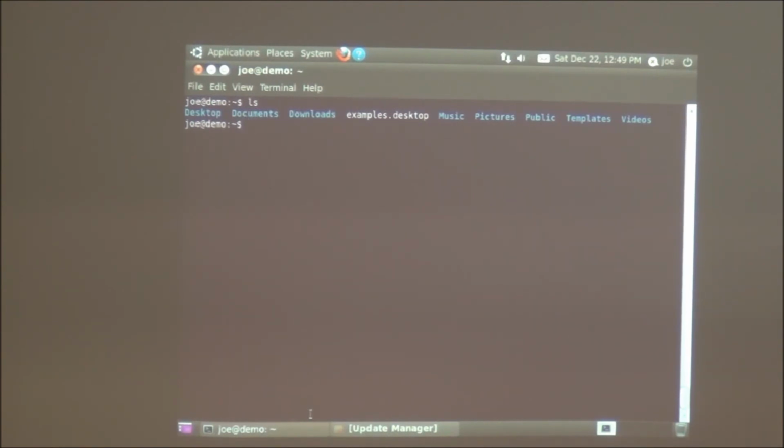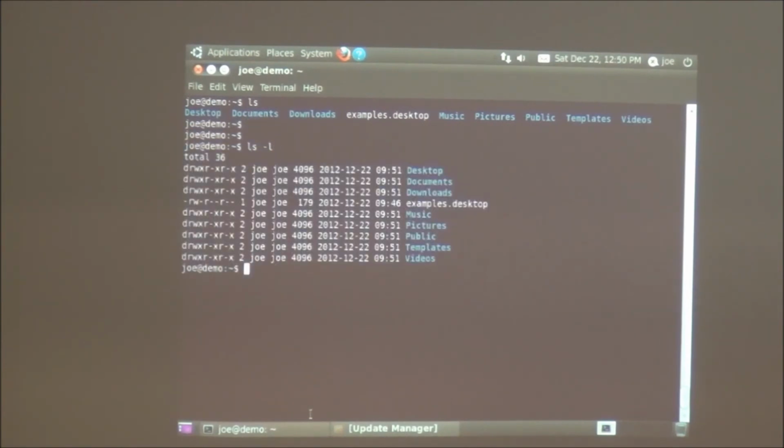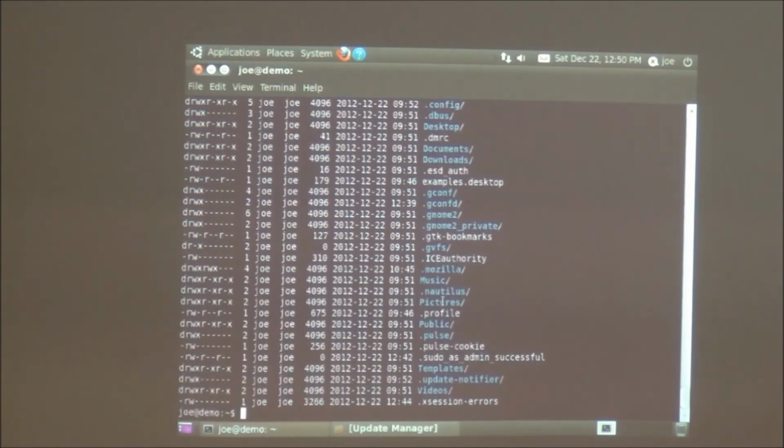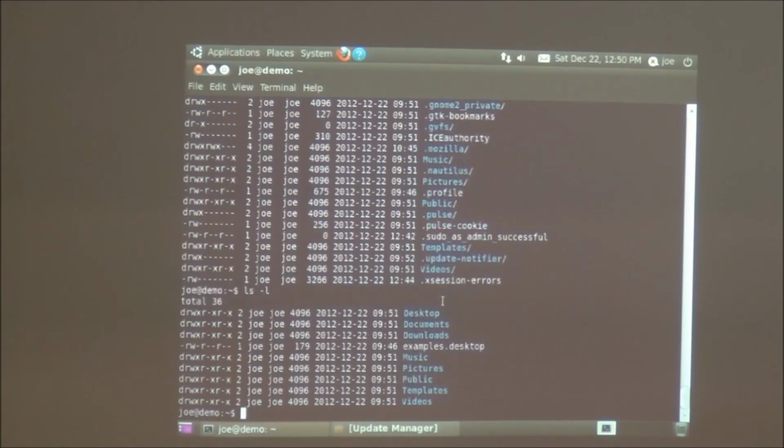If I do the long format, now I get more information: the permissions, user, group, size, modified date and time, and then the name. Sometimes they have shortcuts already built in, like ll, and it does the same thing. Instead of typing ls -l, you just do ll.